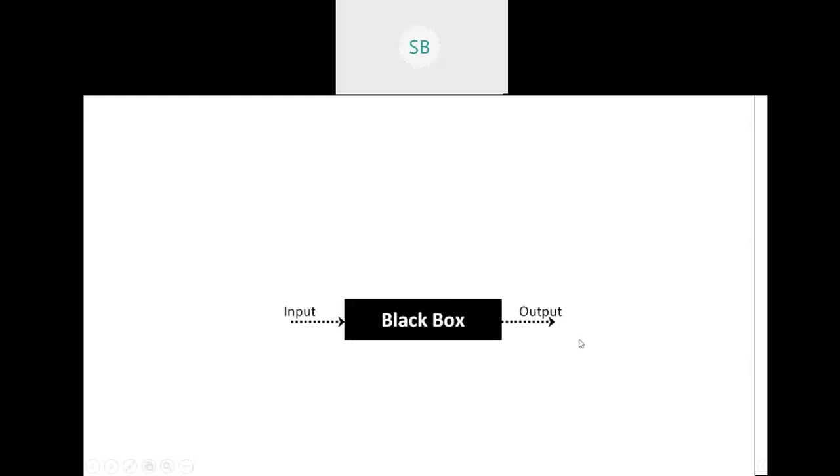Suppose you have been given a program, say a C program. You run the program and it asks you to enter two numbers, so you enter 5 and 4, and the output should be 9. But you don't know whether the program is for addition or not.